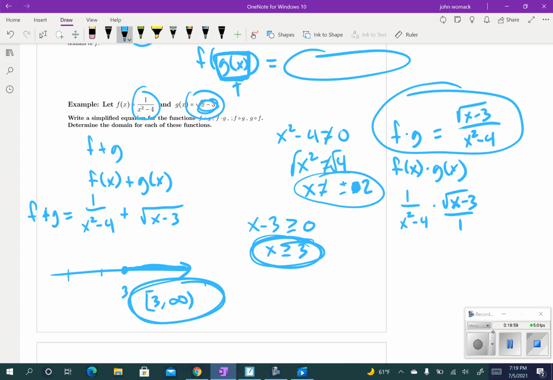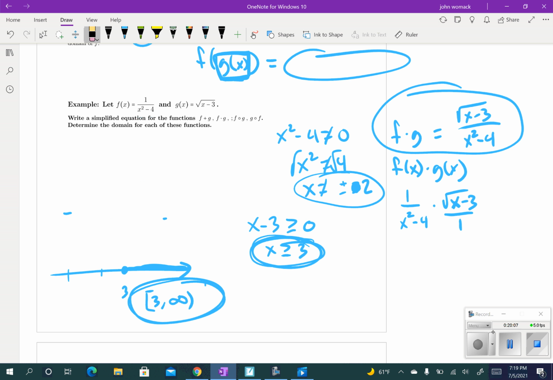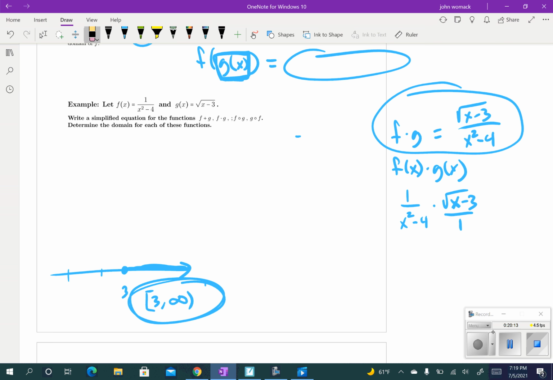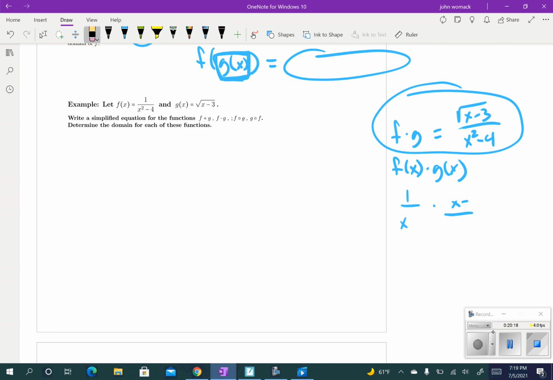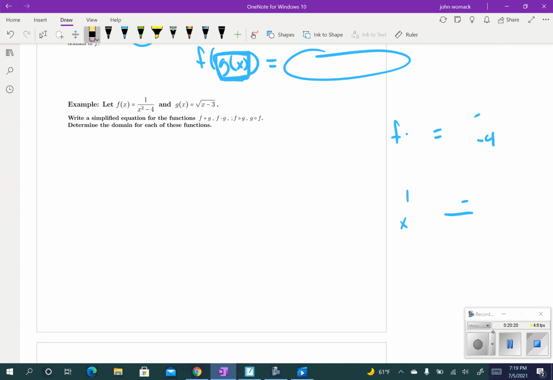Okay, this is where it gets tricky. We're going to do the composition of functions now. So let's take a look at that. This is where the domain gets tricky, so pay really close attention to this. I think on your CBE, this is some of the trickier questions that you'll run into. So let's first find out what is f of g,